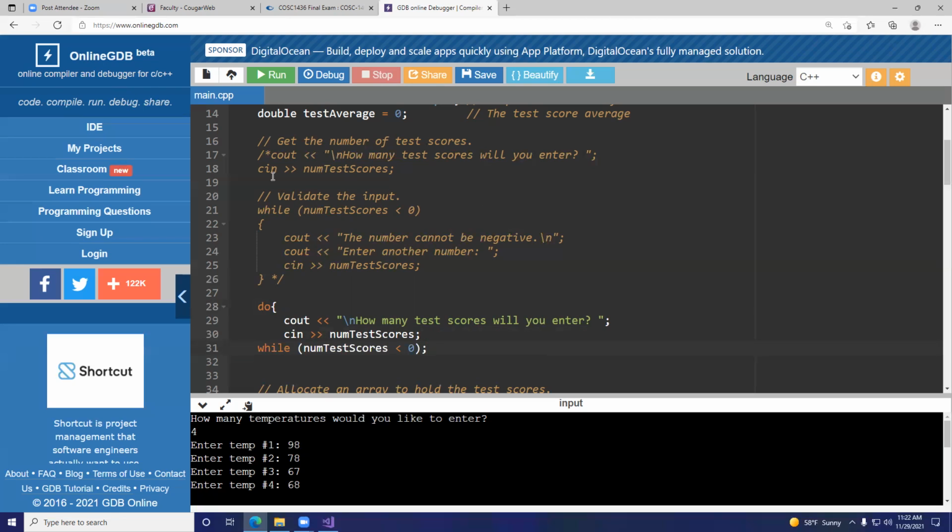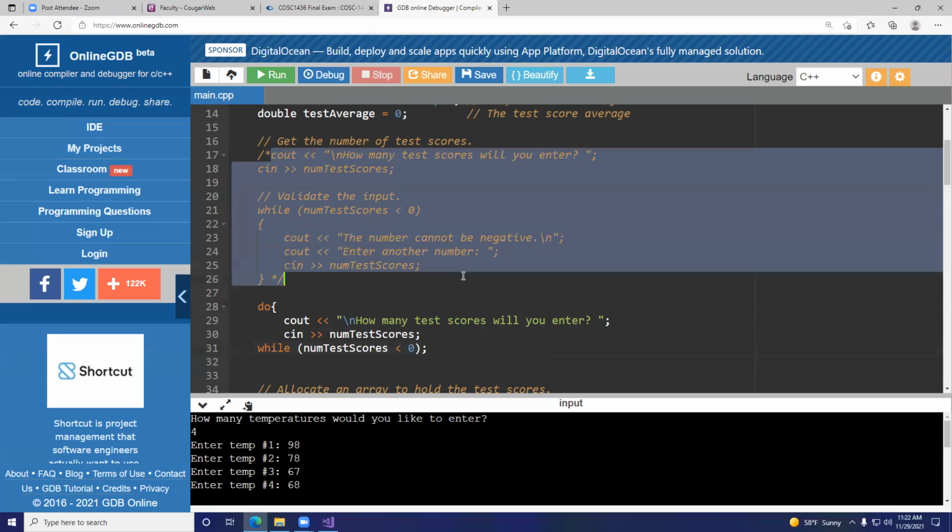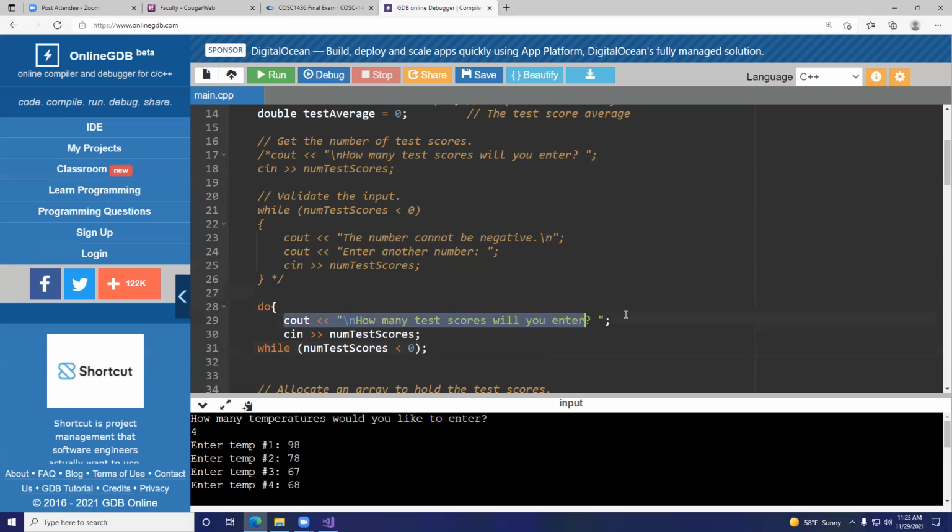So this looks a lot shorter, because look, you had this many lines before. You had to ask the question, take it in, and then you had to do it again, right? With the while loop, because now you know it's a negative number. But with the do while, you're asking for the test scores, and it's going to happen the first time because, and I need to put my curly brace in. Okay, it's going to happen from this curly brace